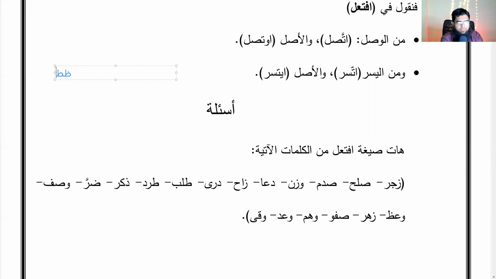If the first root letter, the fa kalima, is ta, wa, sad, or dad, the ta will change to a ta. And then dal, dal, zai: it will change to a dal. And if it is a waw or a ya, the waw will change into a ta. So these are the results. Here the waw is changing, here the ta will change to a ta, and ta will change to a dal. So this is different from the ending ones.